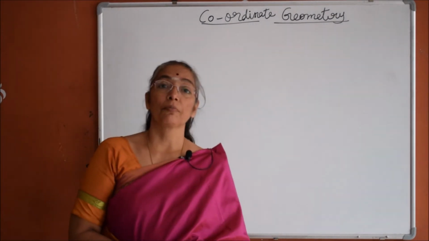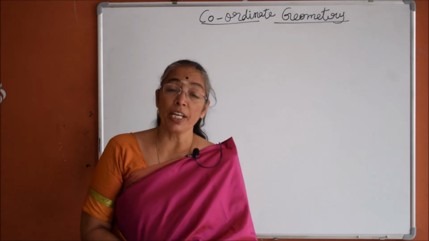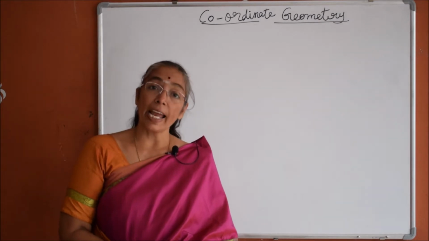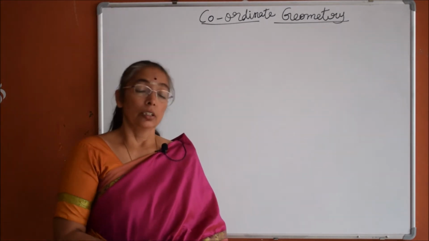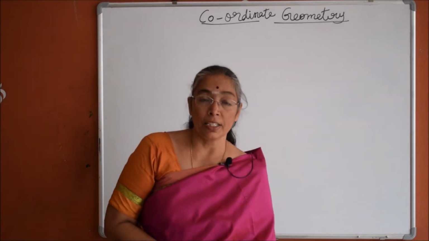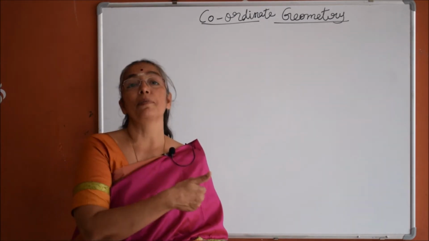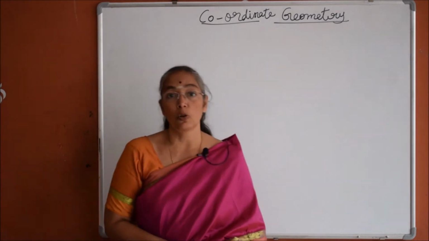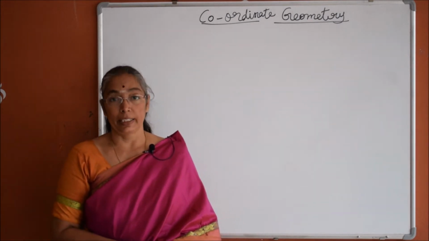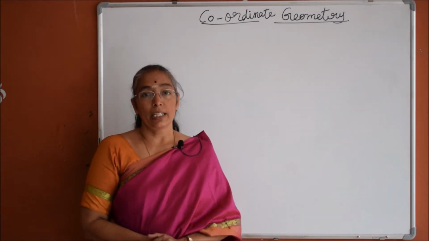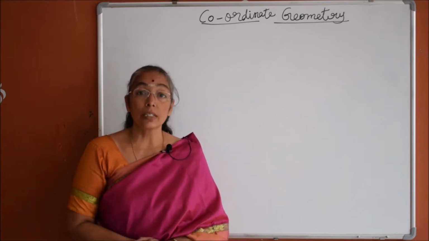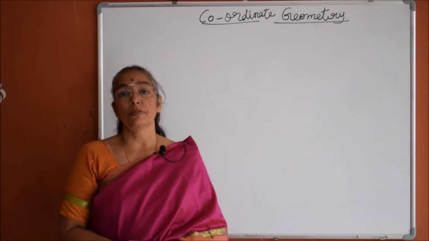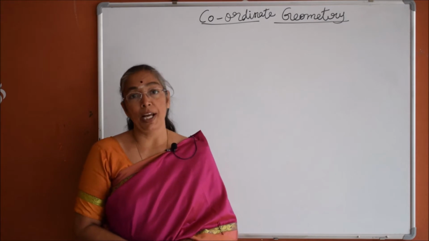Coordinate geometry. So what is coordinate geometry? We have already learnt about coordinate geometry from class 8th onwards. In class 8th, just plotting the points in the rectangular Cartesian system, and again in class 9, the next level: how the points are divided, what will be there in the first quadrant, how they will be there in the second quadrant, like that. Then in class 10th, we learnt about the distance formula, section formula, and how to find the area of the triangle when the vertices of the triangle are given.